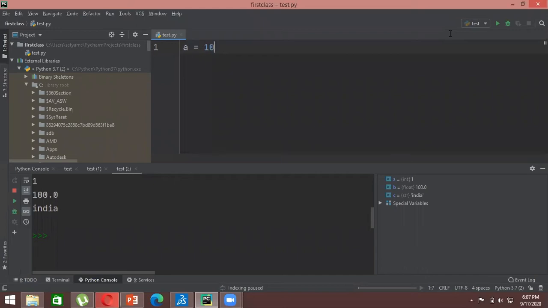So here we are instructing Python to start a variable a and store a value 10. In the same way, we can write, let's say, b equal to 100.0. So this becomes a floating point, right? In the same way, you can assign a variable c in Python and store a string in it as well, which can be anything. Let's say I write India. A string, as you all know, is a sequence of characters written in double quotes or single quotes, right? In this way, you can store these particular values, and when you call them, you can write